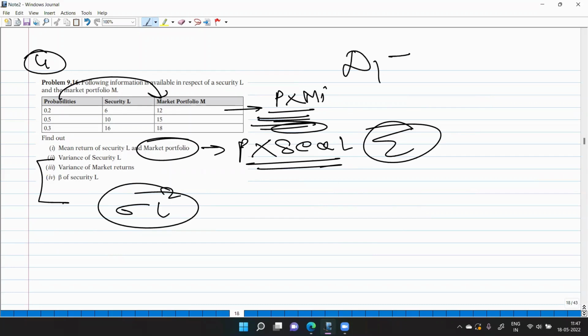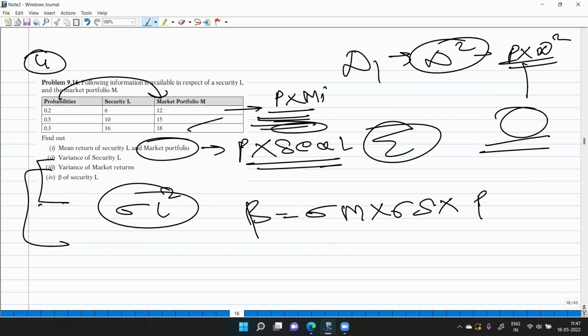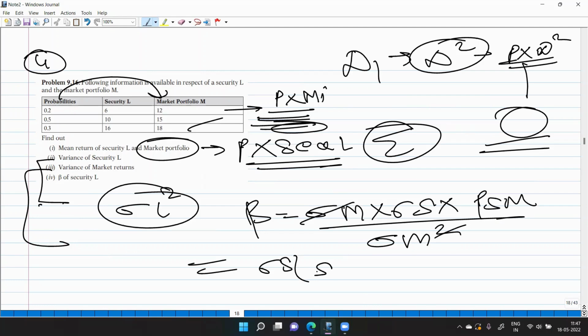इससे पहले we move to D1, that is the deviation. Then we move on to D square. Then we do P into D square. इसका sum will come out to be your variance. Similarly, इस वाले पे करना है बीटा. एक बार ये सारी इंफॉर्मेशन आ गई, then simply हमें इस फॉर्मूले में लगाने, ठीक है। एक ऐसे काटा, अगला